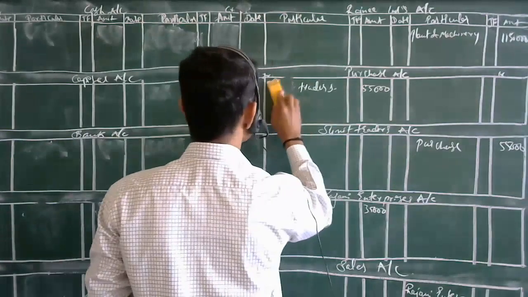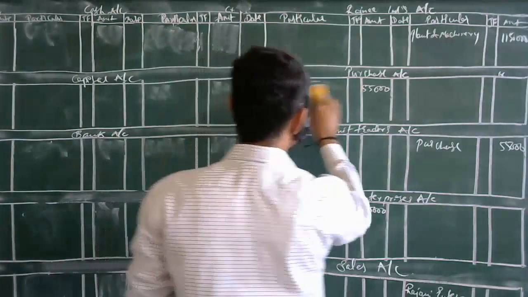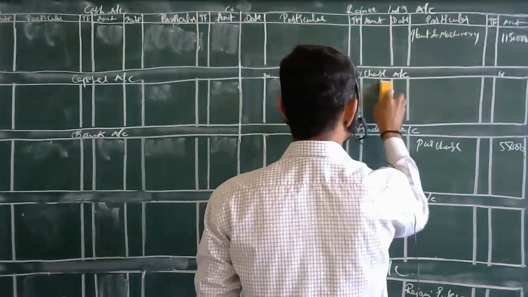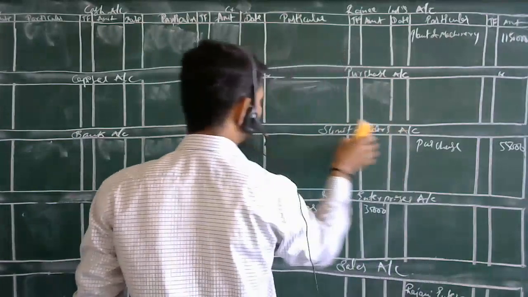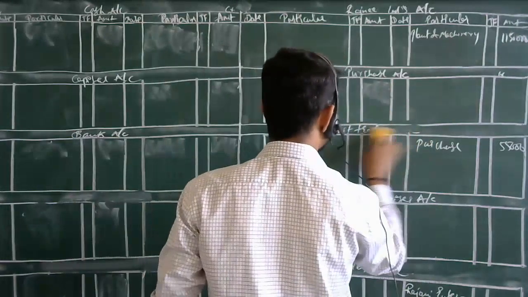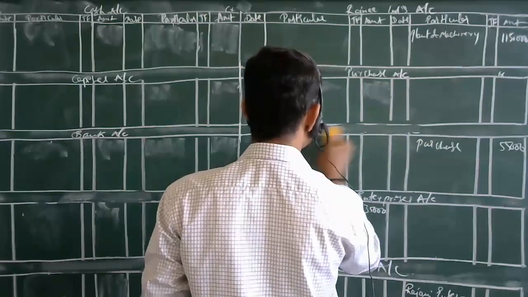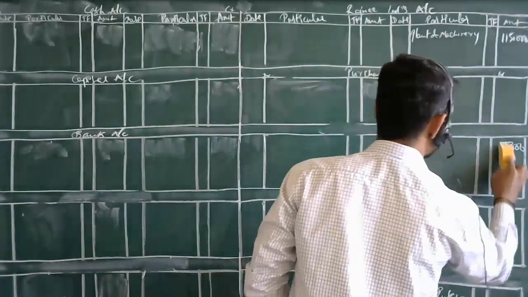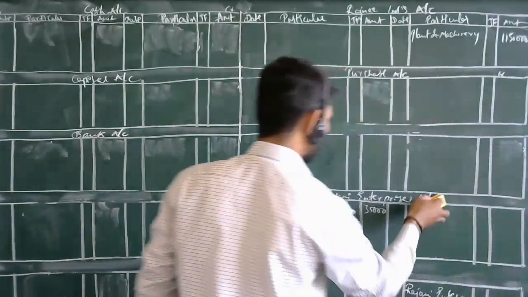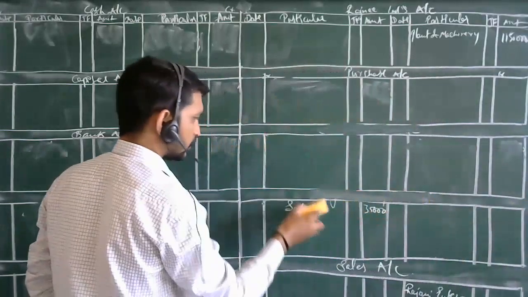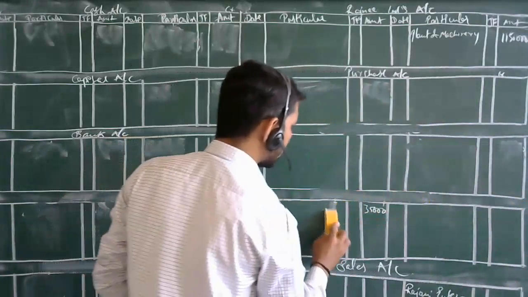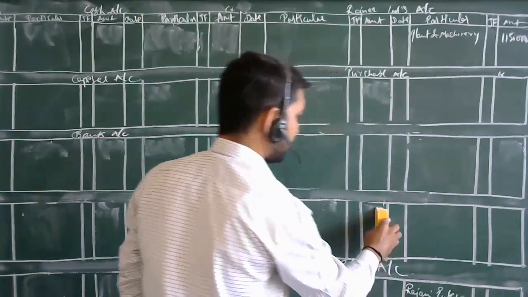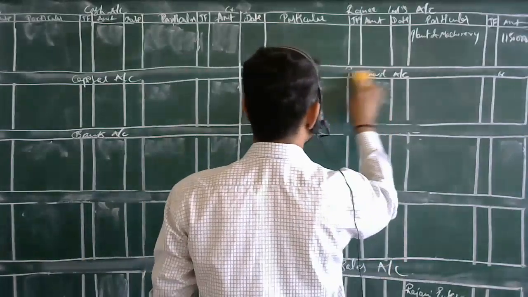So whatever accounts we are having, only those we will be removing over here. Till now, whatever accounts we came across, the same accounts we will be removing over here. Now how many accounts are we having here? Ledger accounts, that much I will be removing over here.